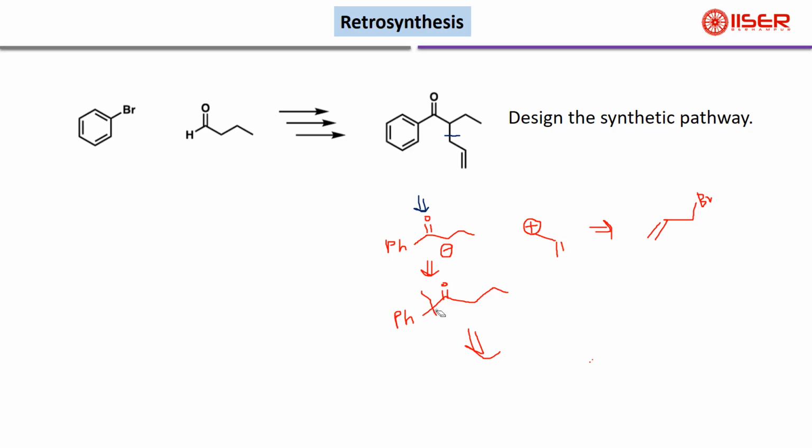So before cutting this one, if you have started from acyl chloride, then we just perform the reaction in one step, acyl chloride and phenyl magnesium bromide. But here they have mentioned the starting material is an aldehyde, so we have to do a functional group interconversion so that we can start from aldehyde. So if we do a functional group interconversion and make this carbonyl as OH,